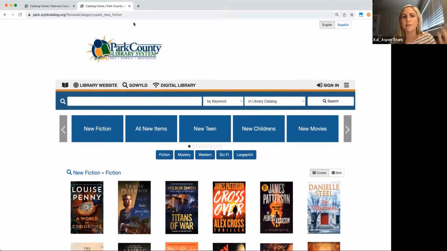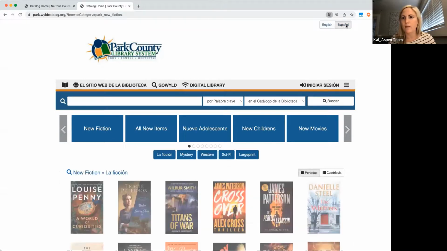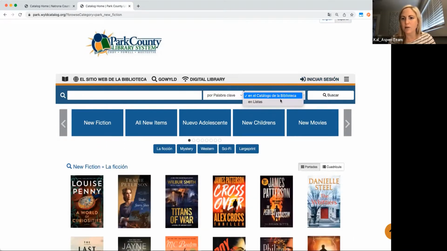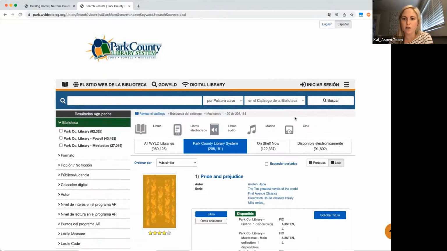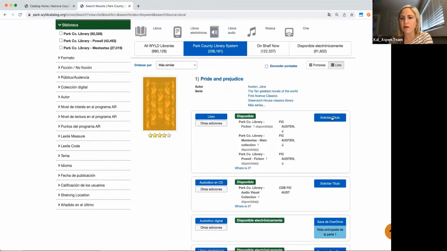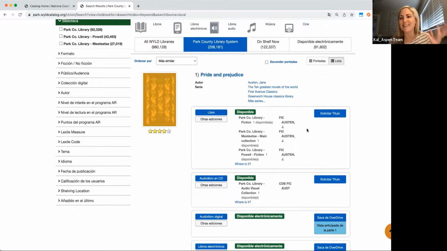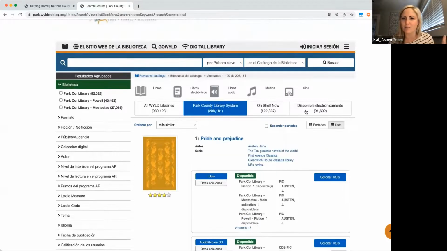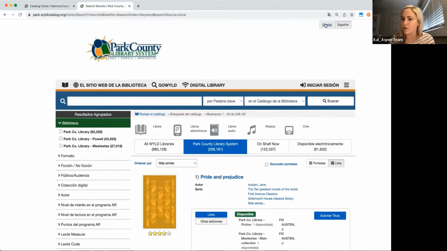Other things right before we're even logged in, I wanted to point out the opportunity for translating the catalog. So right at the top here, you have a button to move the catalog from English to Spanish. So right when a user goes ahead and clicks on it, it automatically changes a lot of these menus into the translated version. And if I was to perform a search, I would be able to see a little bit more of that as I go through. So I'm just searching right now. So you'll see like Libro instead of book, place a hold. So the catalog will automatically translate once you enter that translation version. And then you can just switch back and forth. So you could go back to English.